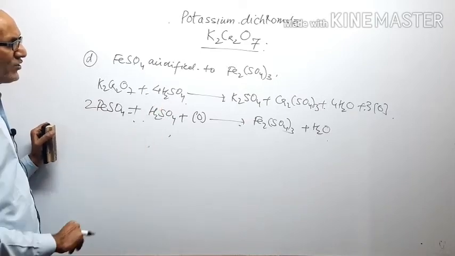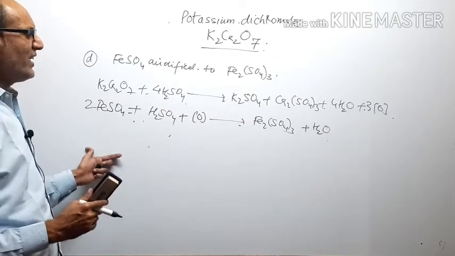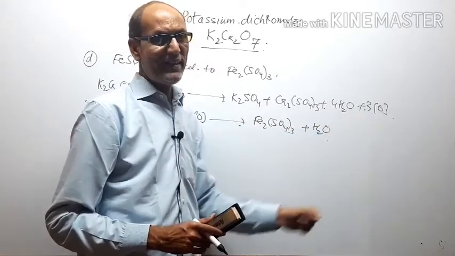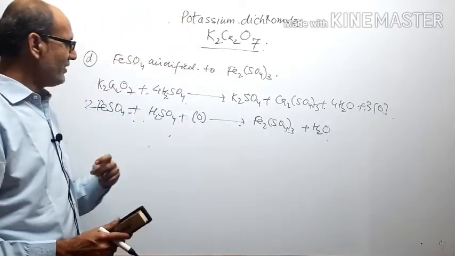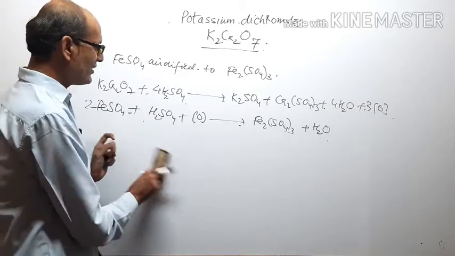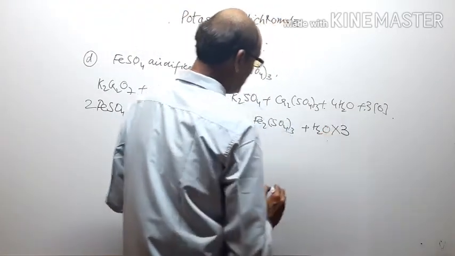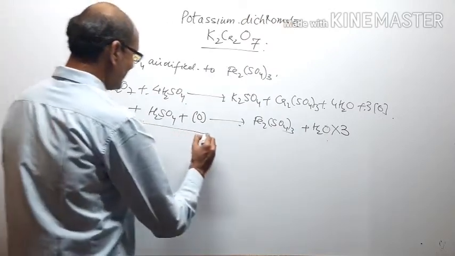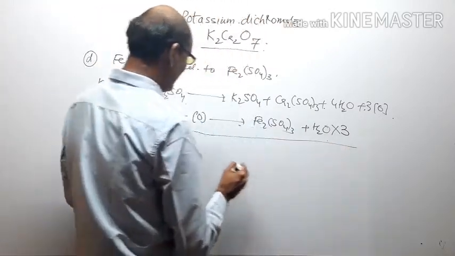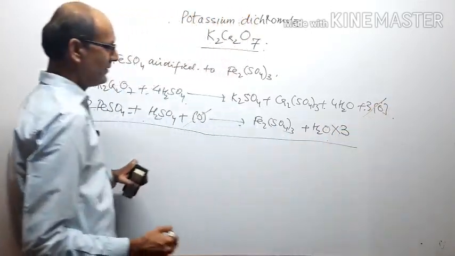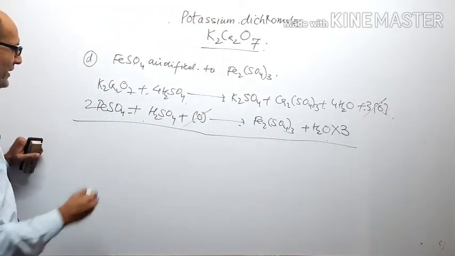Now this is the balanced reaction. But what we are observing is that in the first equation there are 3 oxygen, and here there is only 1 oxygen. So dear students, we have to multiply equation number 2 by 3. So the number of oxygen on both sides will be equal, and we can cancel this by this. So the equation will be